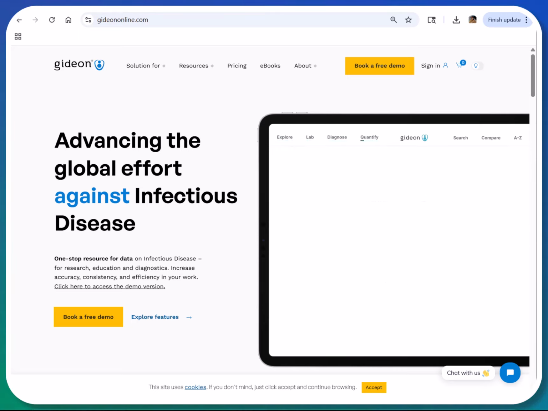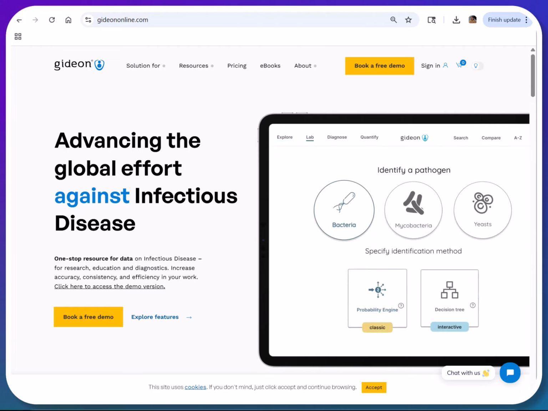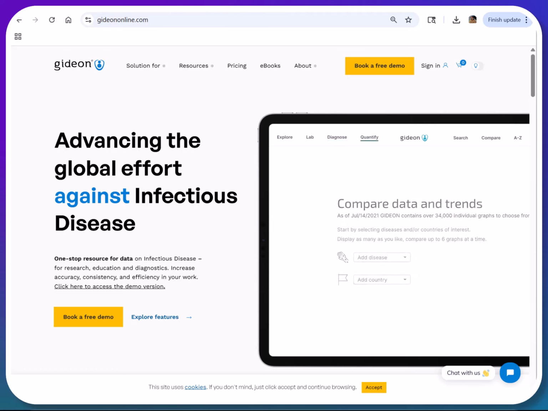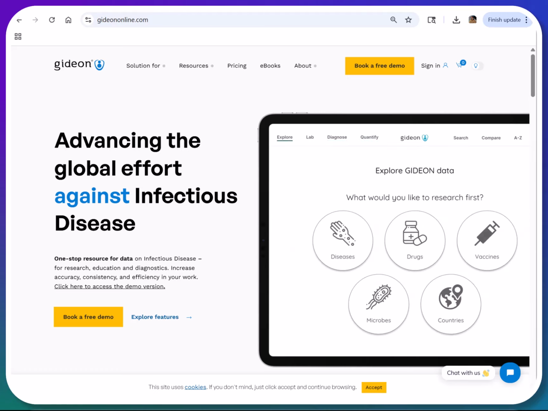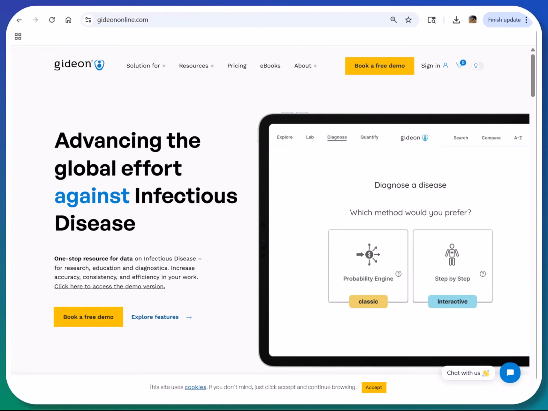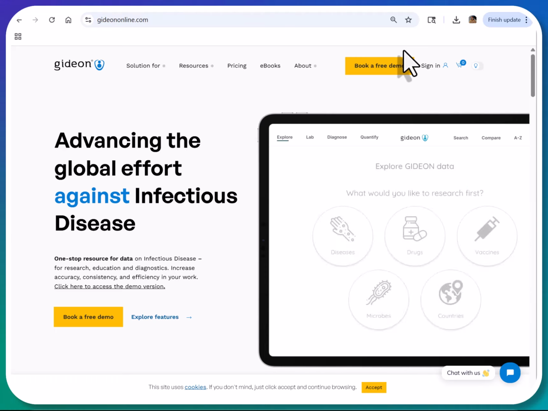This time we're gonna explore GIDEON Diagnostics. It is a very amazing database that is advancing the global effort against infectious disease. And you will see how many different options we have to understand infectious diseases. What we will do, we will right now use it to